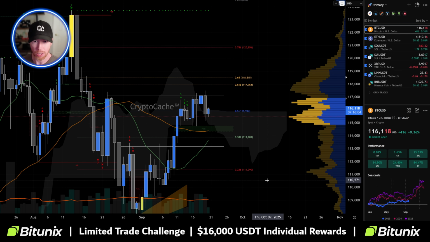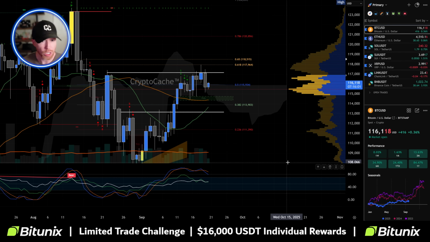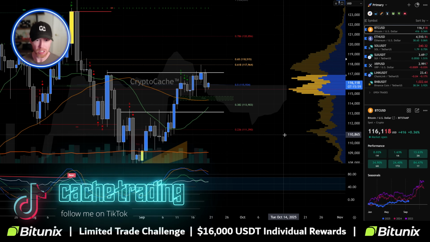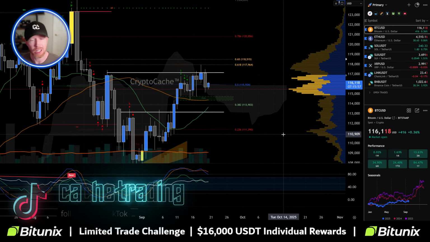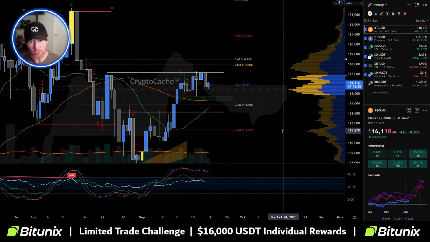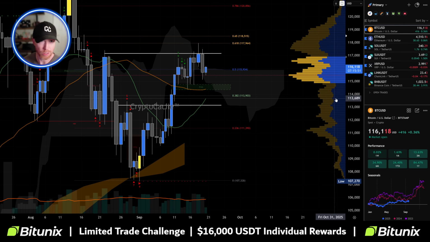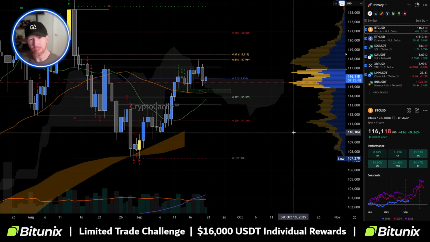the likelihood of further upside is greater. So I do want to urge caution in trying to do some kind of wonderful, amazing trades this weekend, because this is weekend price action. It's difficult to see the right kind of movements with low volume. But that being said, the daily time frame is still looking pretty good.